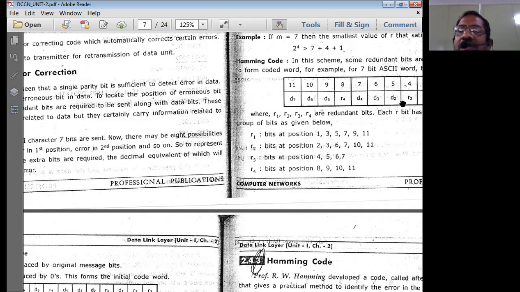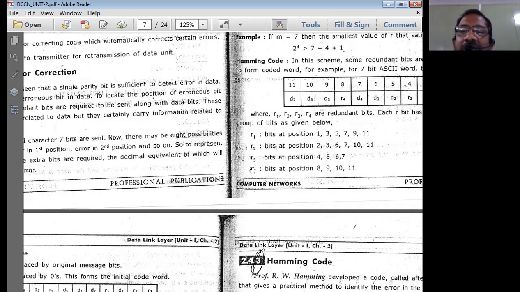What is the code here for redundancy? We have the 1, 2, 4, 8 code. So we start with 1, and leaving 1 bit, we write the rest of the codes. In the case of R2, this is 2, no? That means you should write 2 bits and leave 2 bits. I'll write 2, 3. Then I have to leave 2 bits in between, that is 4 and 5. I'll write 6 and 7. Leave 2 bits, write 2 bits in sequence.